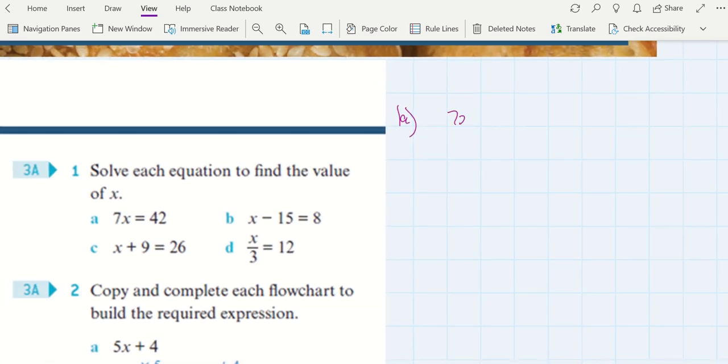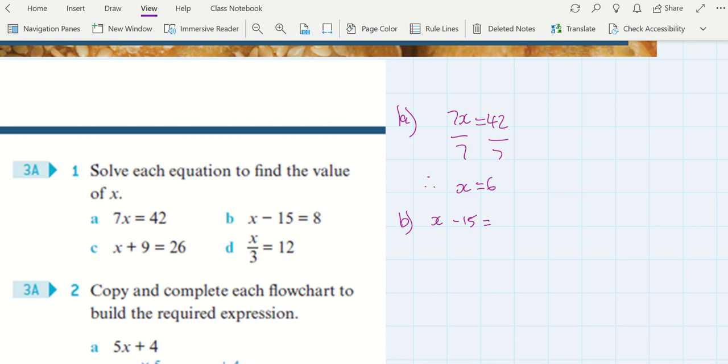So we have 7x equals 42. Now we just need to find the unknown, which is x, and to isolate x, what I'm going to do is just divide both sides by 7. Okay, so I can just say therefore x equals, well, 6 7s are 42, so therefore x equals 6. Okay, 1b, x minus 15